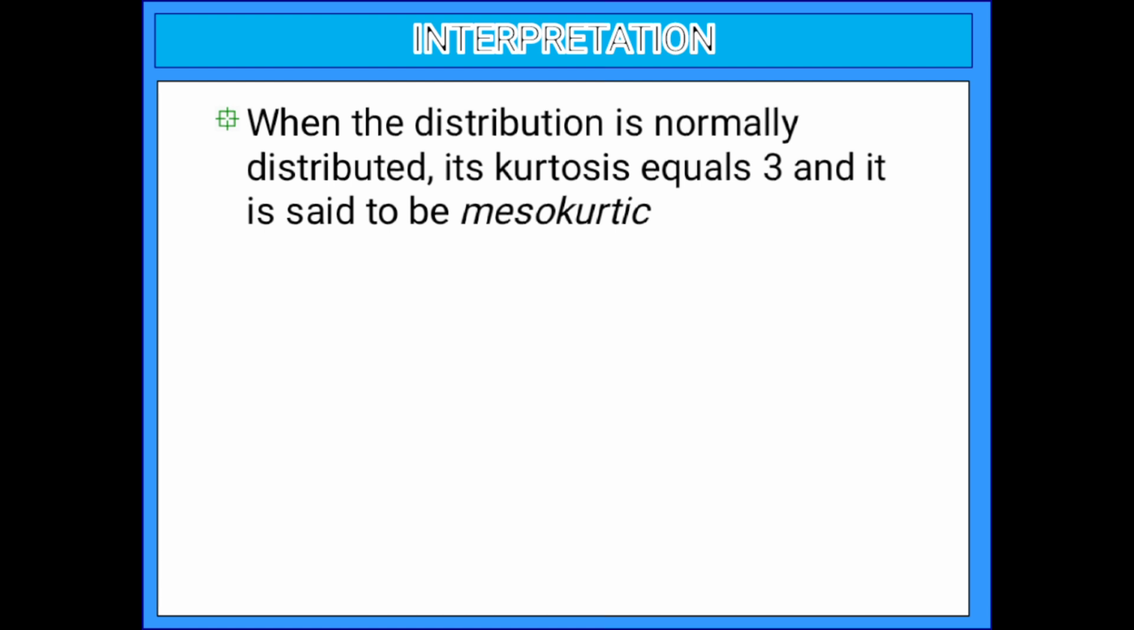When the distribution is normally distributed, its kurtosis is equal to 3 and it is said to be mesokurtic. So it means that our distribution is symmetrical or a normal distribution, if you got the value of 3 once you use the formula for finding the measure of kurtosis. But if ever